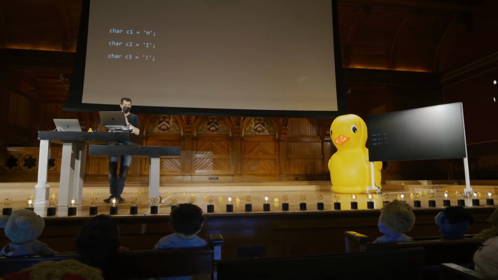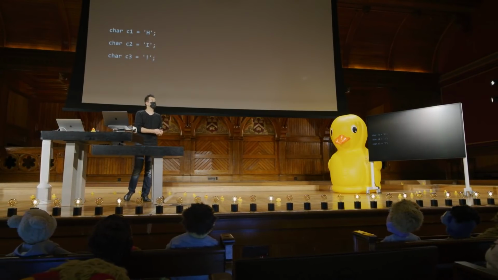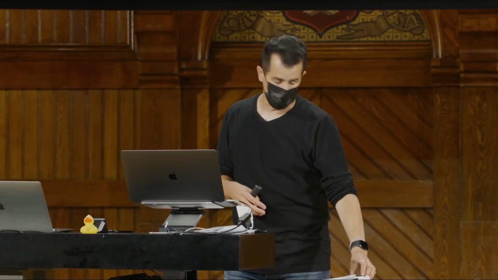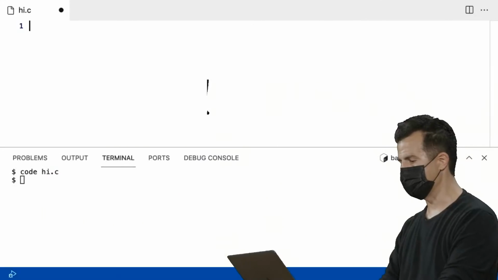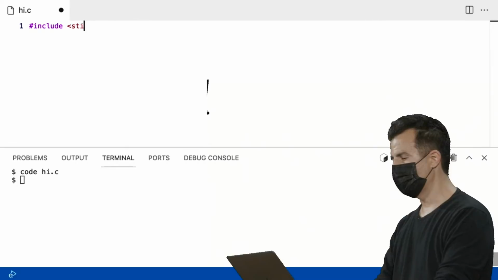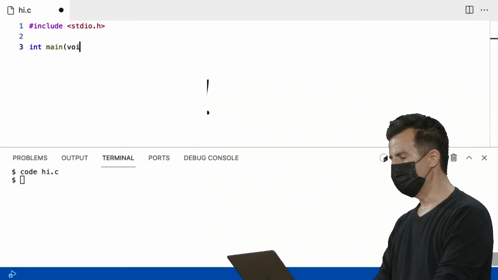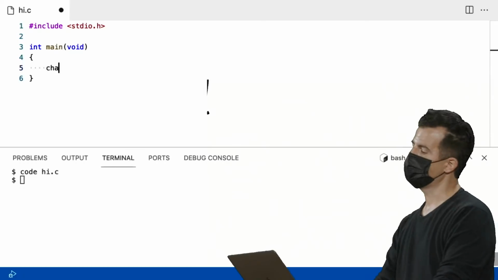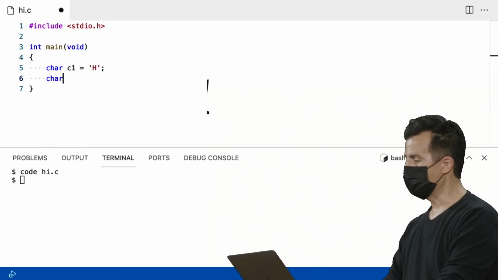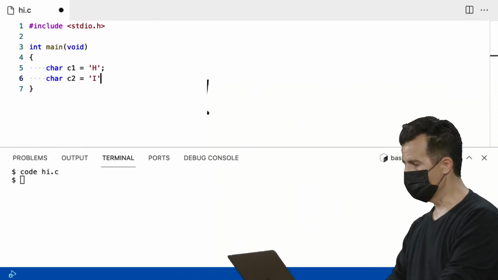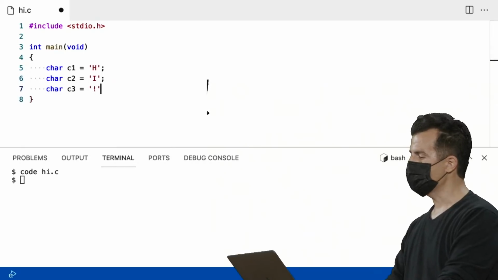And indeed, if I wanted to say a message like hi, I could use 3 variables. If I wanted a program to print hi, hi exclamation point, literally, I could, of course, store those in 3 variables, like c1, c2, c3. And let's just, for the sake of discussion, whip this up real quickly. Let me create a new program here now in VS Code. This time I'm going to call it hi.c. And I'm not going to bother with the CS50 library here. I just need the standard IO one for now. Int main void. And then inside of main, I'm going to simply create 3 variables. And this is already hopefully striking you as a bad idea. But we'll go down this road temporarily with c1 and c2, and finally c3,